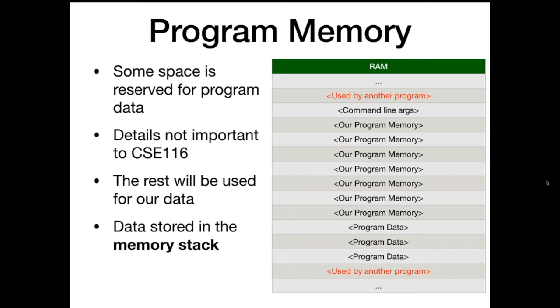So we only have this memory to play with, whatever they gave us, and that's what we're going to work with. We're going to use this memory to create what's called the memory stack. This is where we're going to store our variables for the program that we run. Every time we create a variable or a value, with exceptions we'll get to, we're going to put them on the program stack and store them in this memory that's been allocated for us.